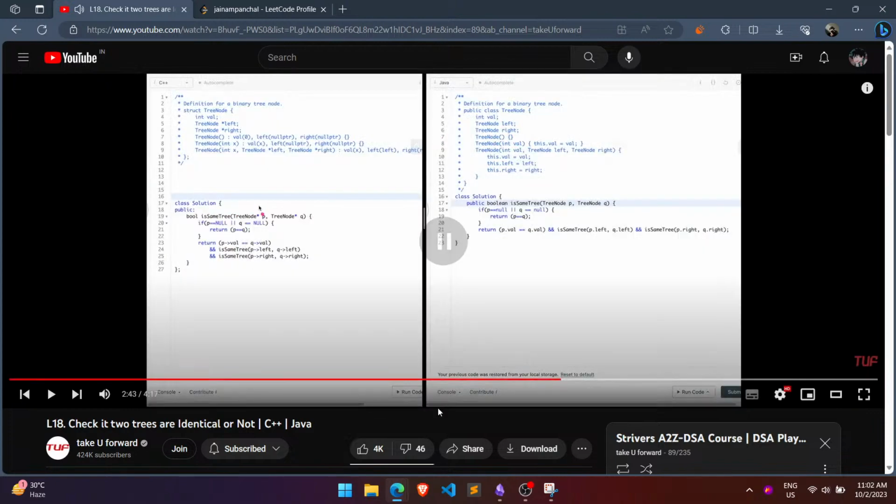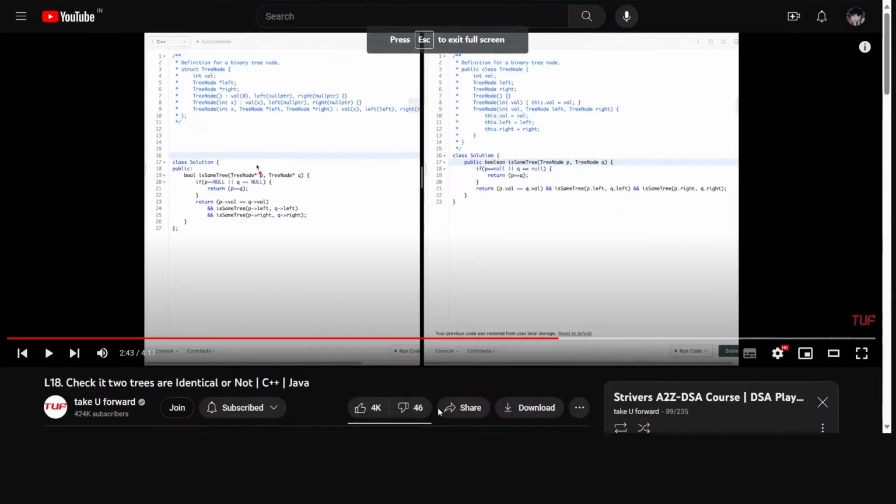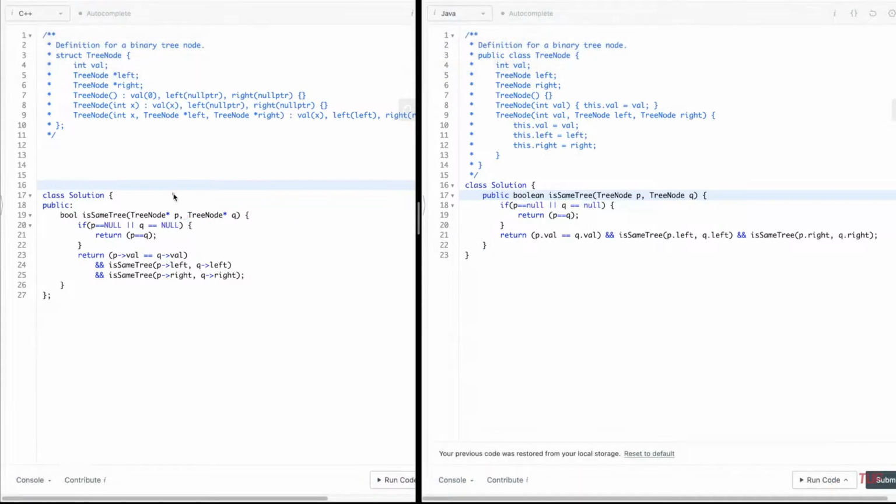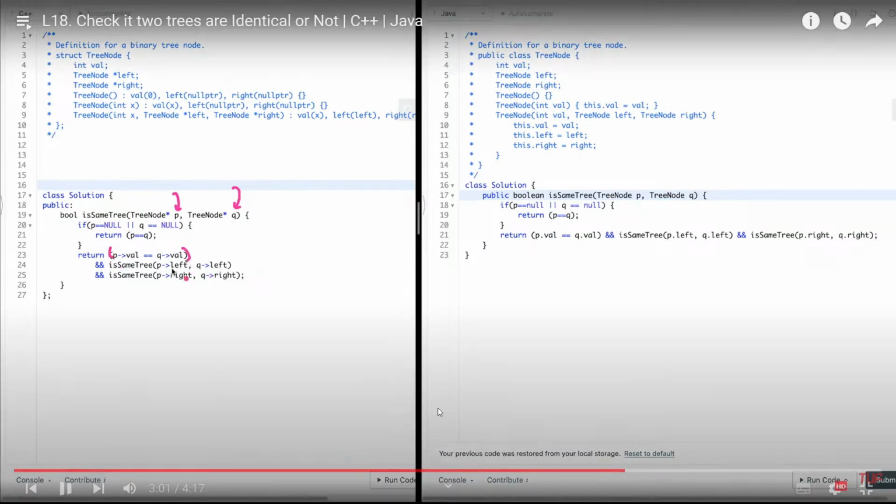So as usual, you have the C++ code on the left and the Java code on the right. So you're given a couple of trees. The root of the first tree is P. The root of the second tree is Q. So we're going to do a simple traversal. First, we're going to check the values of P and Q. And once that is done,